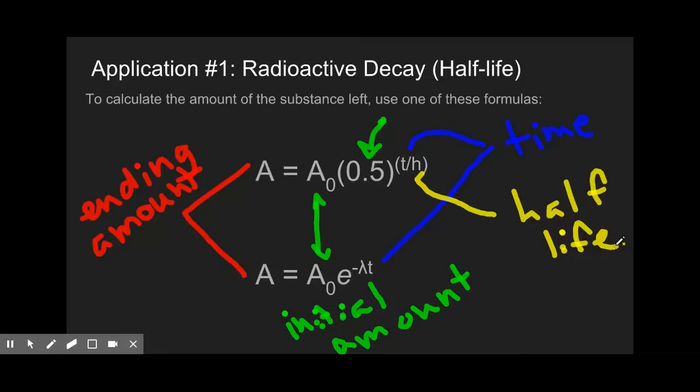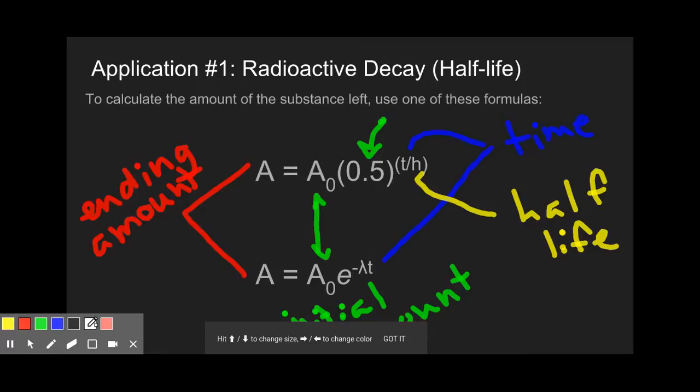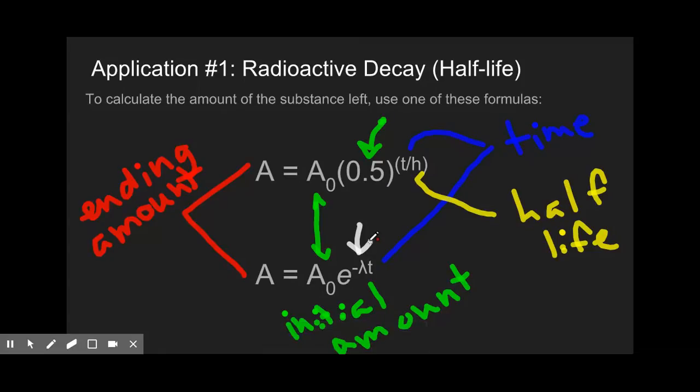And then finally, we see this strange symbol right here. That is called the Greek letter lambda. Lambda, kind of like that, is your decay constant. So if the formula asks you,